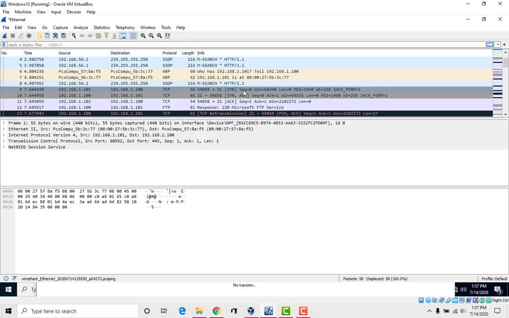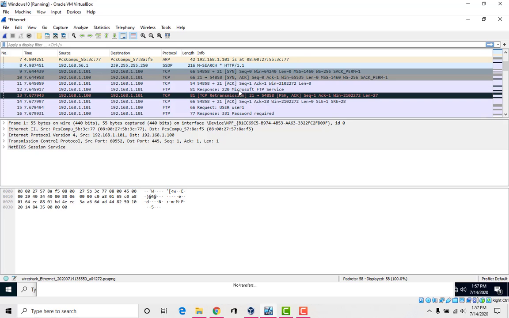But look at this, right? We started off the FTP program, and it says request require user. Guess what? The user that I put in was user1. So I just found out what the user is. So it's user1, and then it says password require.